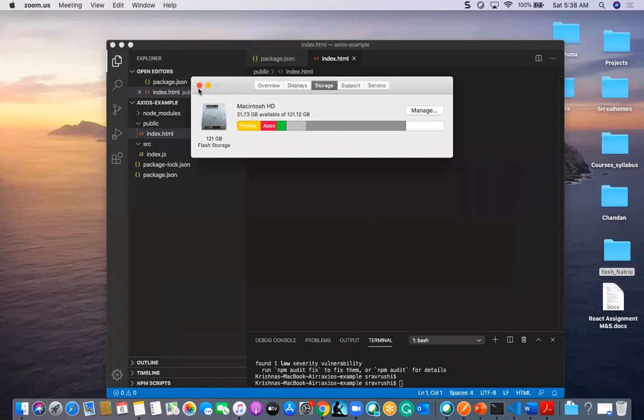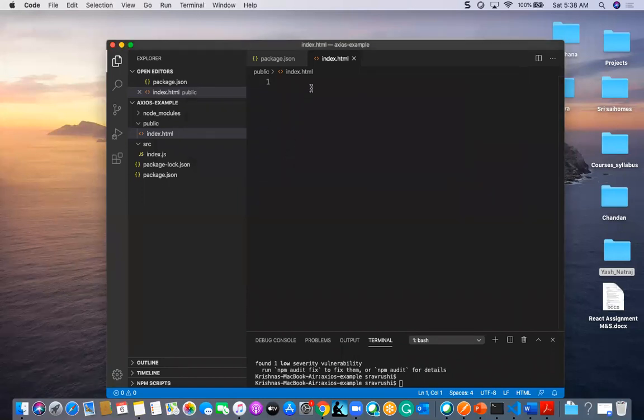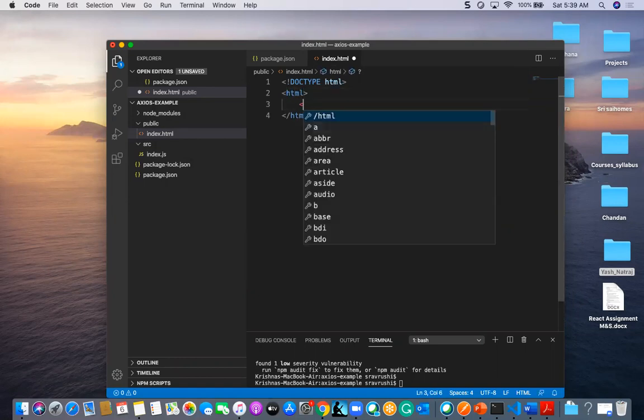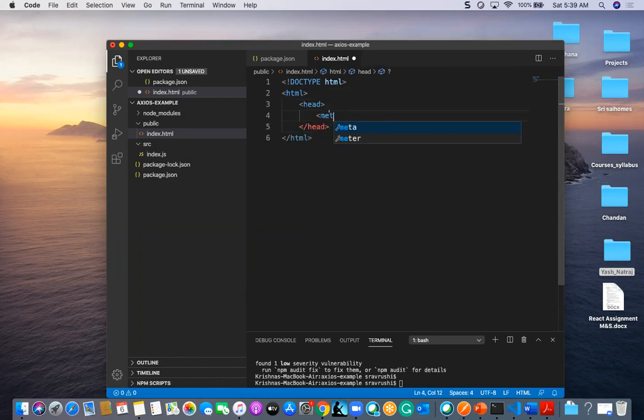So here at the very first initial point, I will go ahead with the index.js. Here I am going to take a doctype HTML, and here I am going to take HTML again, and head. In this head I am going to give one meta tag, name is equal to viewport,